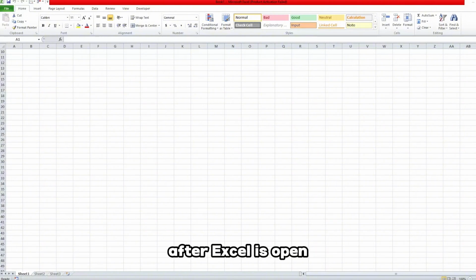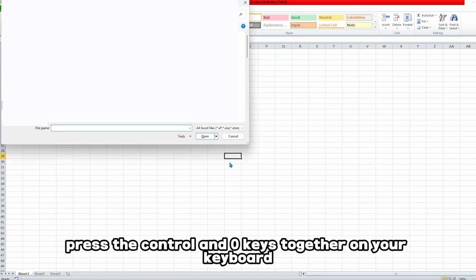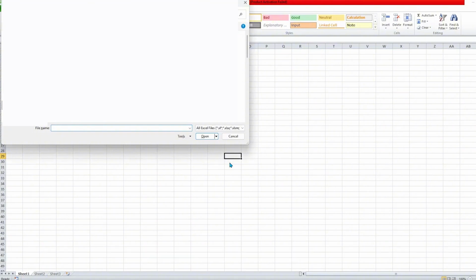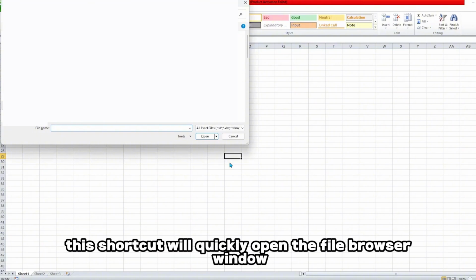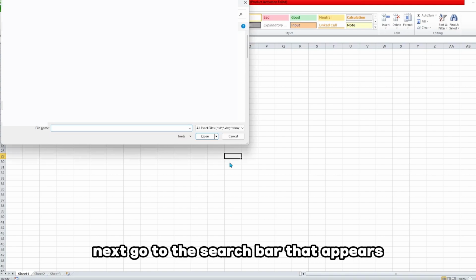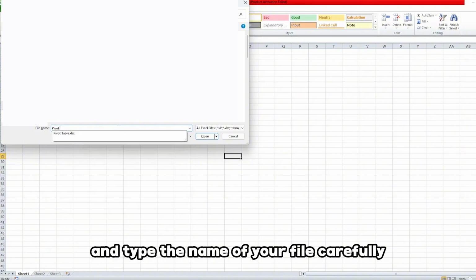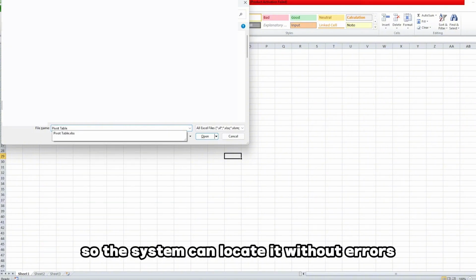After Excel is open, press the Ctrl and O keys together on your keyboard to access your previous project files. This shortcut will quickly open the file browser window. Next, go to the search bar that appears inside the file browser. Click inside the search bar and type the name of your file carefully so the system can locate it without